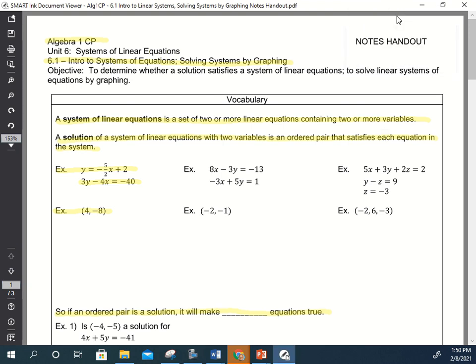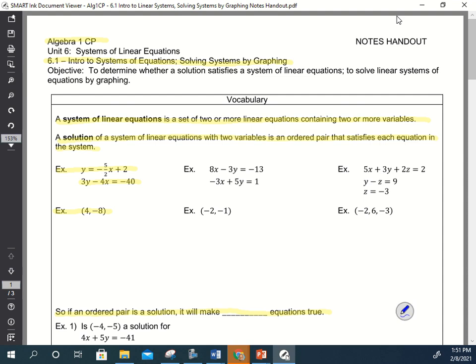So we are in a brand new unit, unit number 6. In this unit, we will still be using some concepts of graphing. So you still need to know how to plot points, how to do the slope, all that good stuff. But we will also be solving problems by graphing and algebraically. So let's start with a definition of